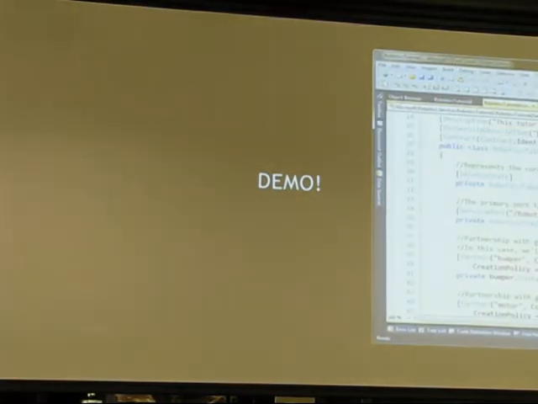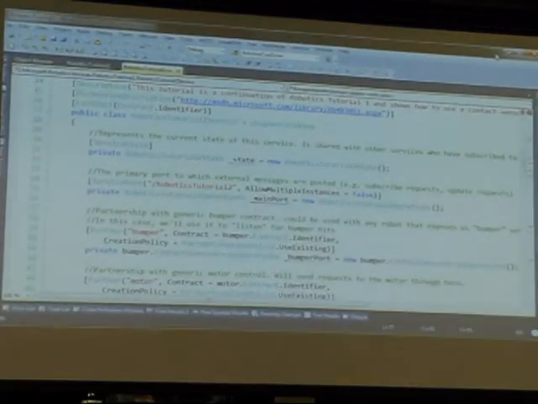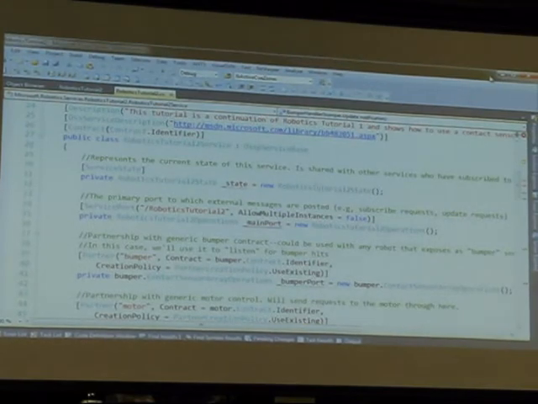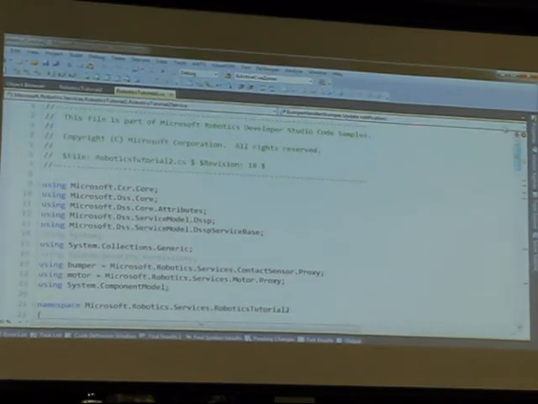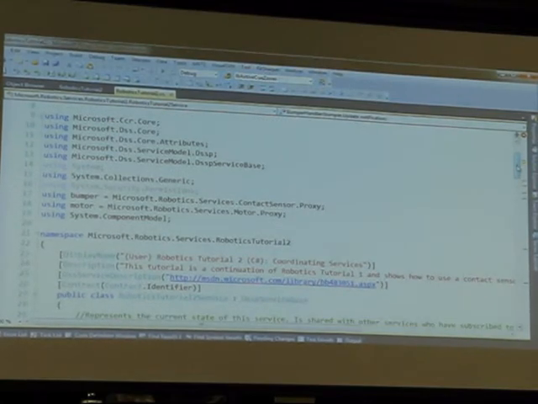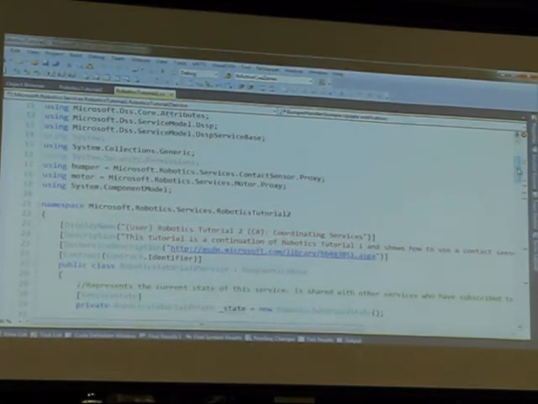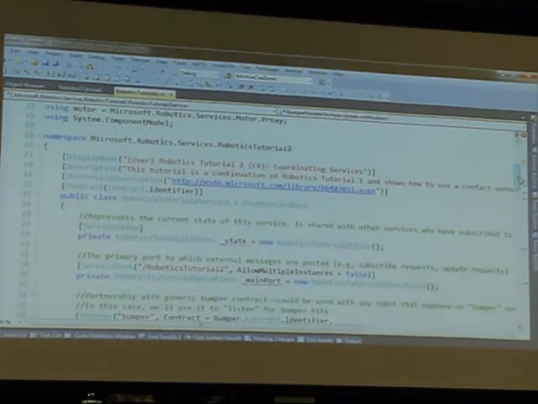Okay, so I'm going to pull up Visual Studio, and I'll just show you real quick what the code here might look like for a very, very simple service. I know there's a lot of noise, and it's going to be hard for me to drive because I can't really see here very well. This is a tutorial that comes right out of RDS. A very simple tutorial. Tutorial number 2, in fact.